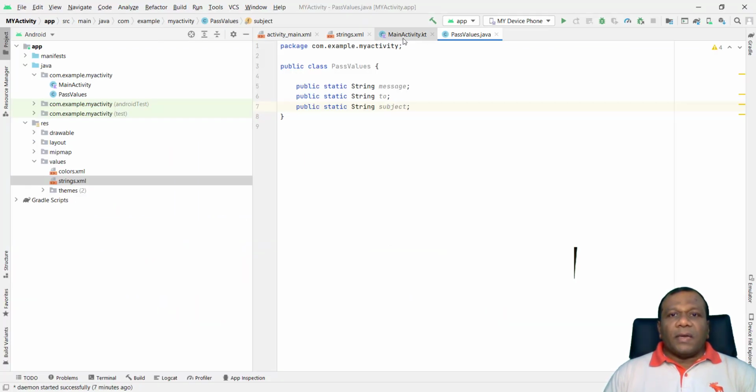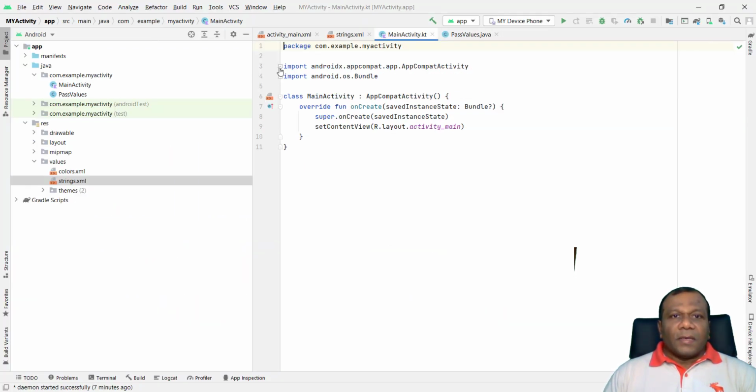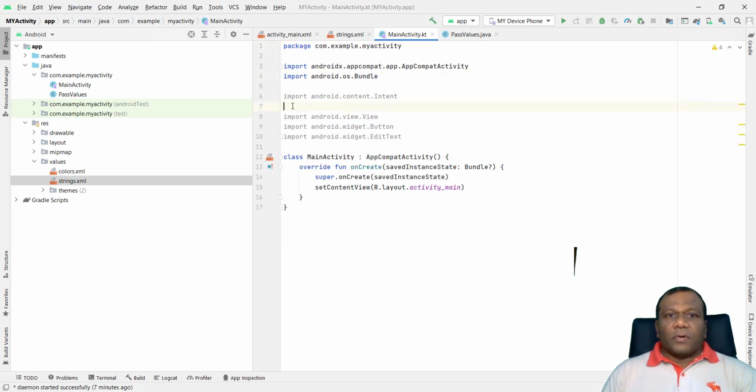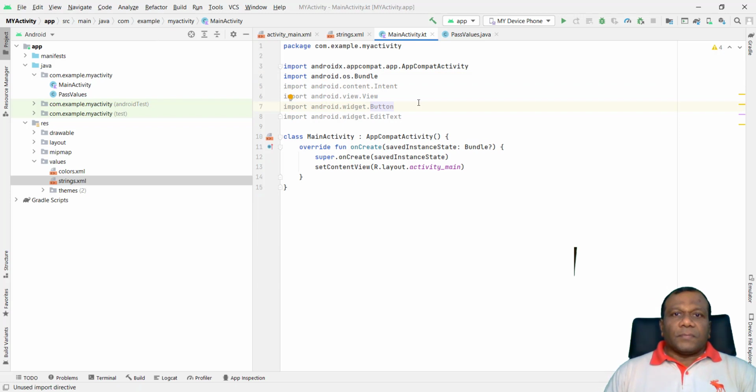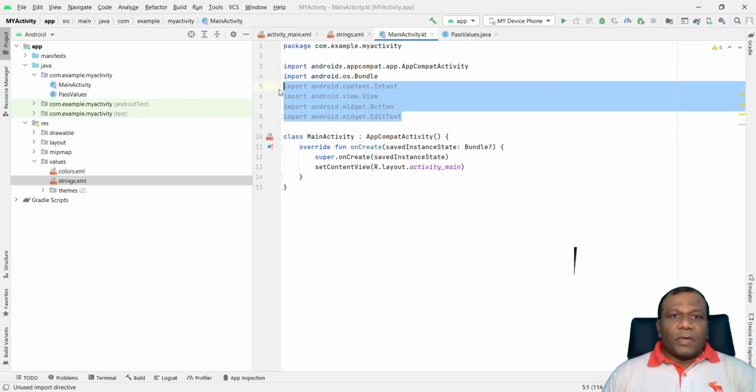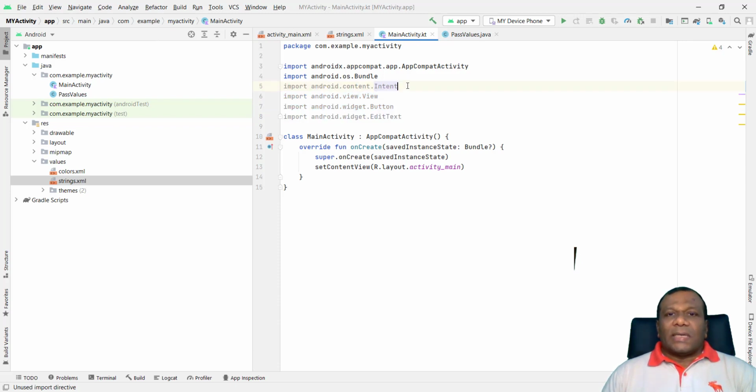So I'll go to main activity Kotlin. In the packages, right, import all those. So in the main activity Kotlin file, we will import those classes from the library: intent, view, button, and edit text. Right.